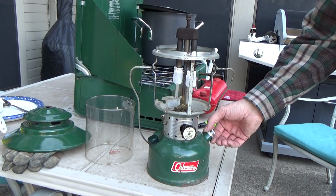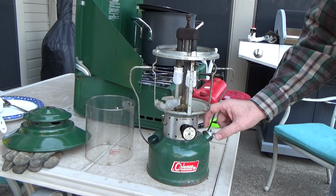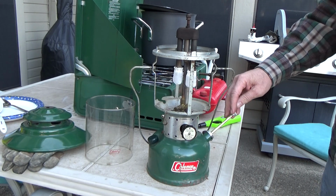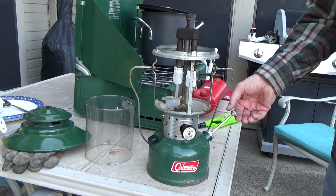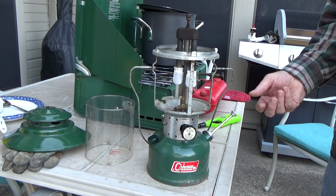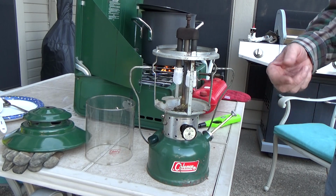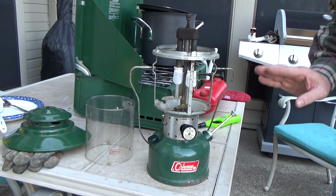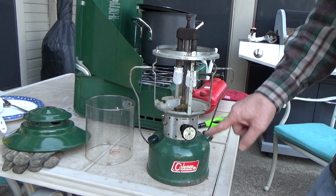What we have here is the little cap cover going to the check valve chamber. This little tube that comes out here is the pump cup tube assembly, and at the very end of this little tube is actually a leather cup. That little leather cup, when moistened with leather oil like neat's foot or even 3-in-1 oil, keeps it nice and pliable, and it lubricates as it's going down, and it allows air to be pushed into the fount through